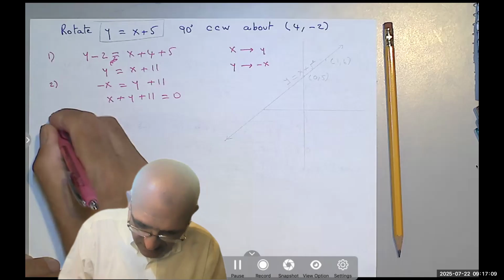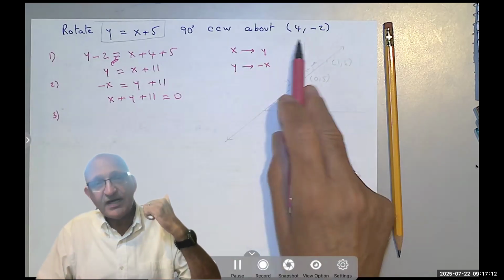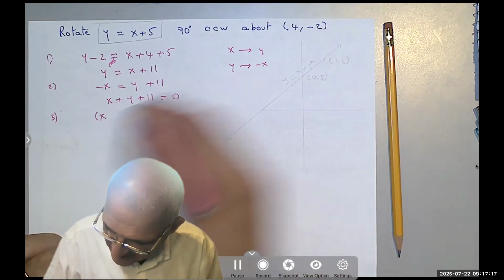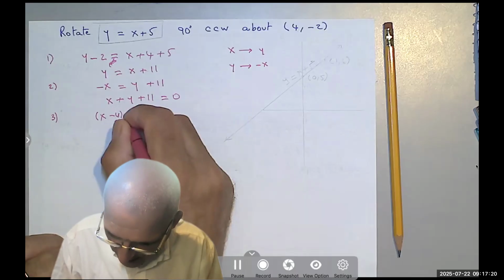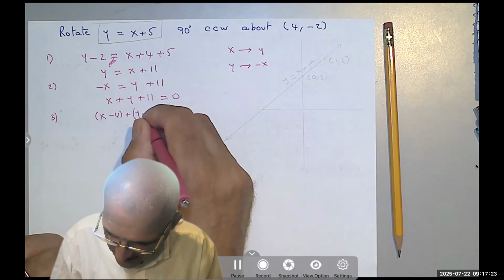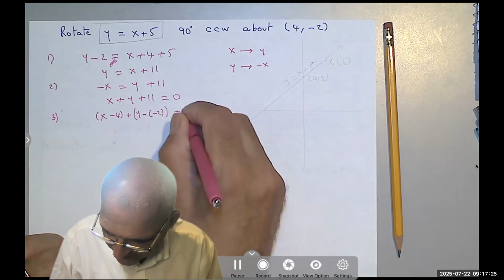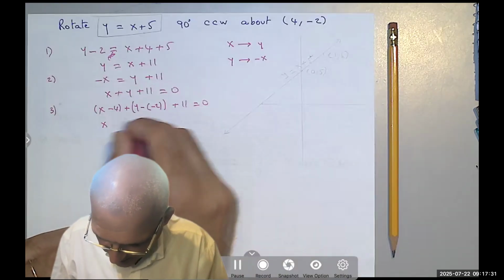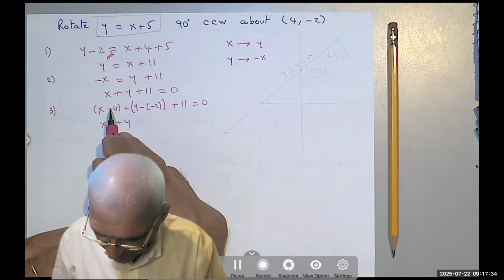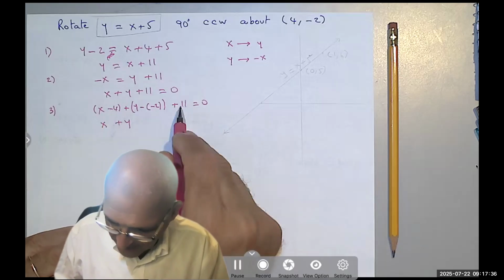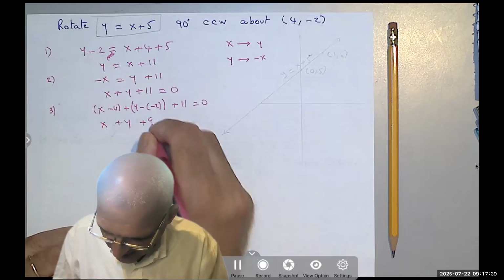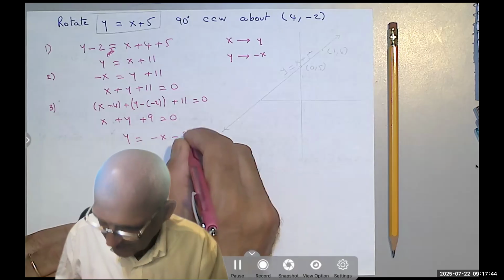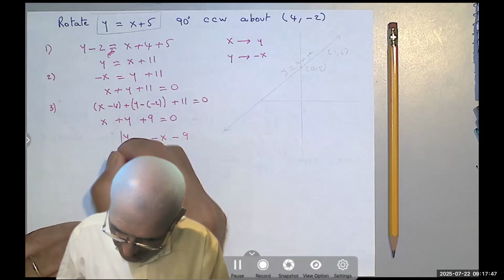And finally, there we added the 4 and the -2 to the x and the y. Here we subtract them. So we can say x minus 4 plus y minus -2 plus 11 equals 0. So I get x plus y, -4 plus 2 is -2, plus 11 is +9, equals 0. We write that usually as y equals -x minus 9. This equation right here,